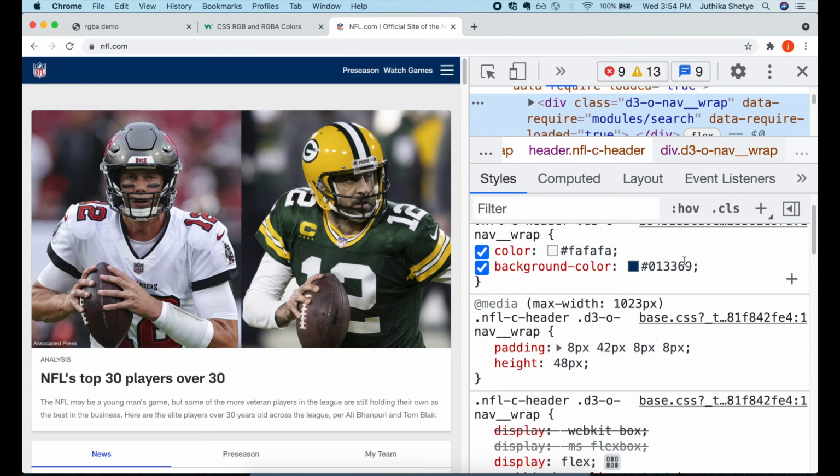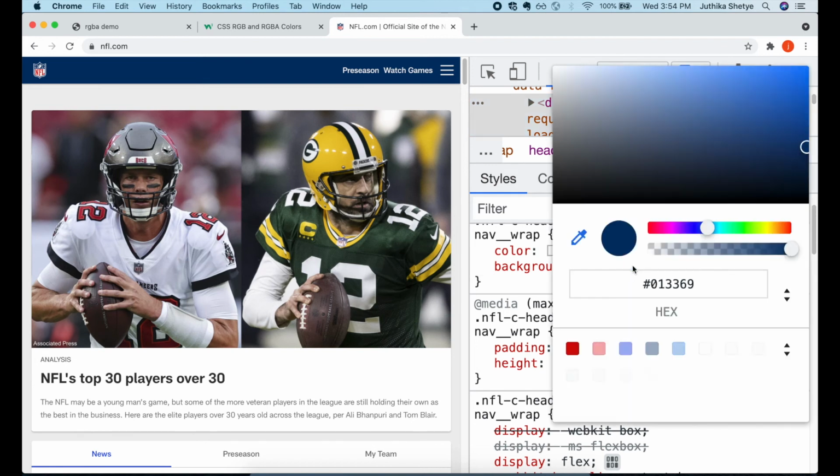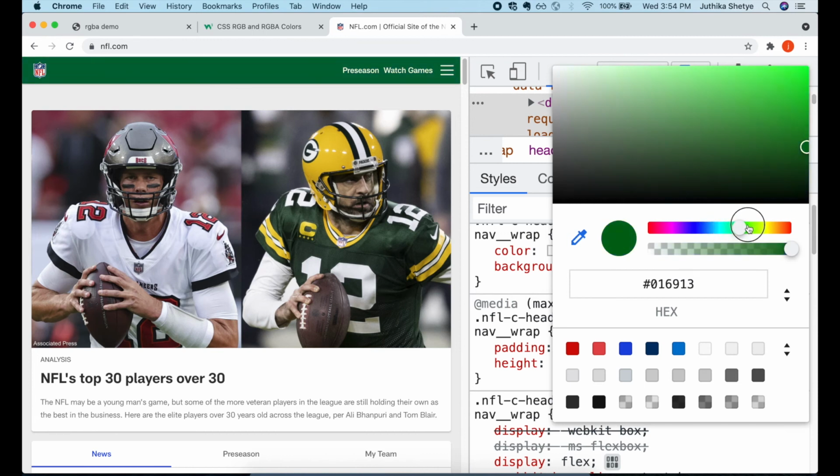Now I'm going to go ahead and click on this color box right here, and as you can see, I can actually in real time kind of play with different colors I like. And you can see that it is changing the hexadecimal value for me down here. So if I wanted to, I would find the perfect color, grab that hexadecimal value and put it into my style sheet. They also give you the option of the RGBA and HSLA values as well. So you can do it either way you want.